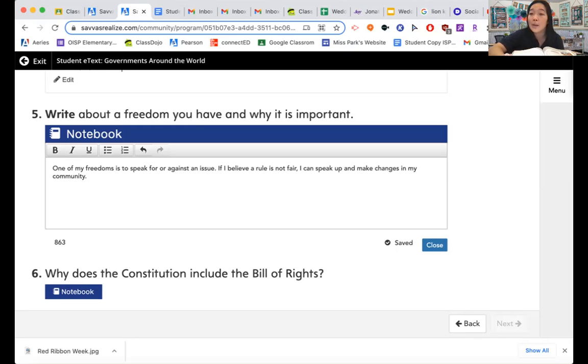You can get a lot of vitamin D, and it's good to exercise. It's healthy for your body. We're also able to take a snack outside, and that can be really healthy. So it's very important for you guys to be able to speak up against the issues that there might be, or a rule or a law. And then that way, when people listen and hear what you guys have to say, then you guys can also